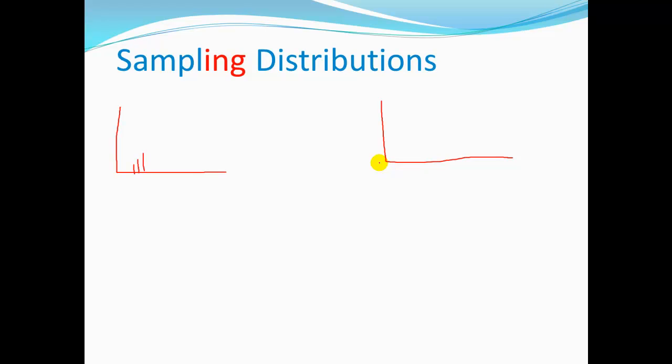Now the sampling distribution is another one of these theoretical distributions. You would never actually do this, because with a sampling distribution, the assumption is that you take an infinite number of samples, and if you took the mean or whatever test statistic you're looking at and plotted those all out on a graph, that would be your sampling distribution. So let's say we're looking at rolling dice here, and we do trials of 10 and get the mean on a six-sided die on those trials of 10.